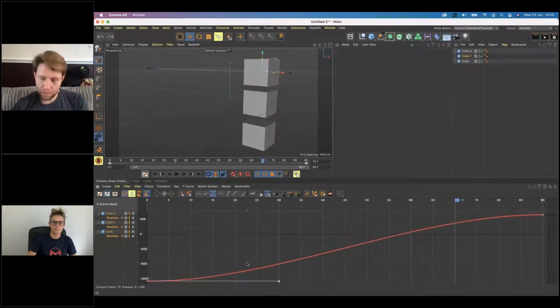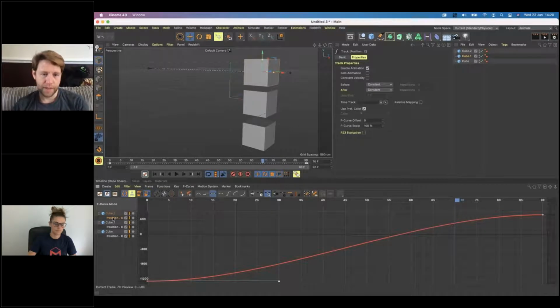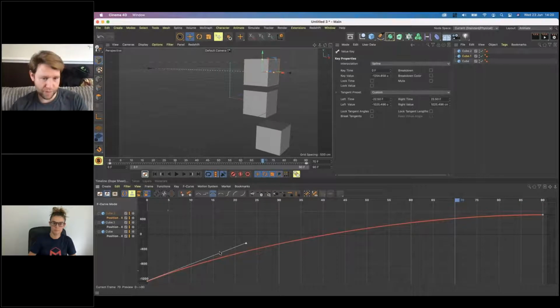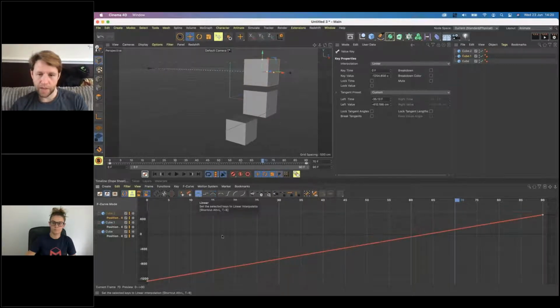But I don't want to do that. I want to change the way these work. So I'm just going to make sure I've got one selected. Now, question. If I wanted this to be a constant speed from beginning to end so that it doesn't start slowly, speed up and slow down, there is a way to do that. I could spend quite a while faffing with this to try and make it a straight line, because that's what your F-curve interpolation would need to be. Or I have, thankfully, this linear F-curve interpolation mode where I press the button and it instantly gives me a